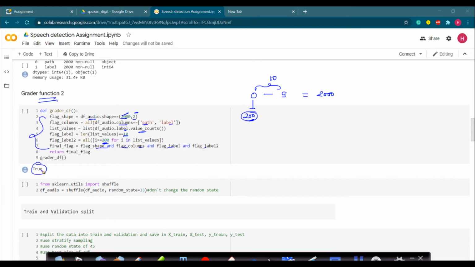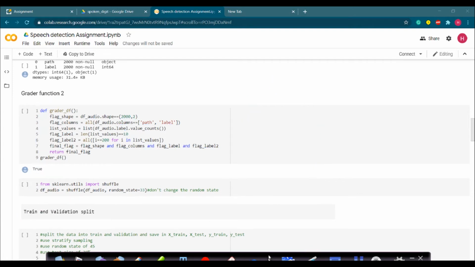And now after that, what we are doing is shuffling the dataset with the shuffle function here, because as you can observe, in the dataset we have the audio files in the order that first we have the audio files with label 0 followed by 1, 2 and so on. Okay, so it's better if you shuffle your dataset before doing any other operations. So here we are shuffling the dataset with a random state. So just try to run this code cell as it is for shuffling your dataset.